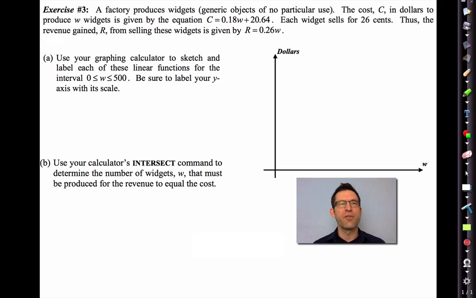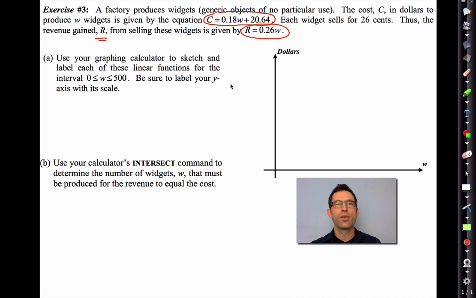So exercise 3, a factory produces widgets. A widget is a generic object with no particular use, which is probably most of the stuff I buy. Anyway, the cost, C, in dollars to produce W widgets is given by this equation. So that's how much it costs to produce W widgets. Each widget sells for 26 cents. Thus, the revenue, the amount of money we make, not the profit, but the revenue from selling the widgets is